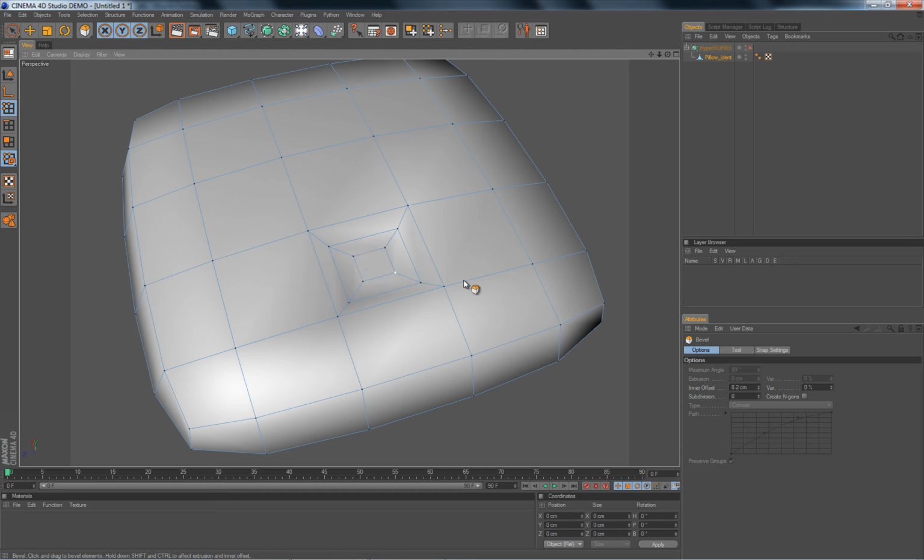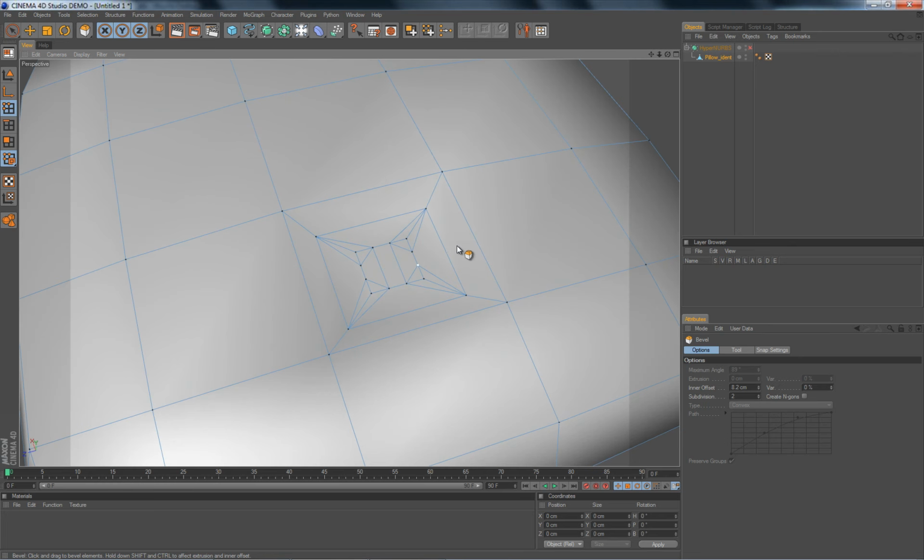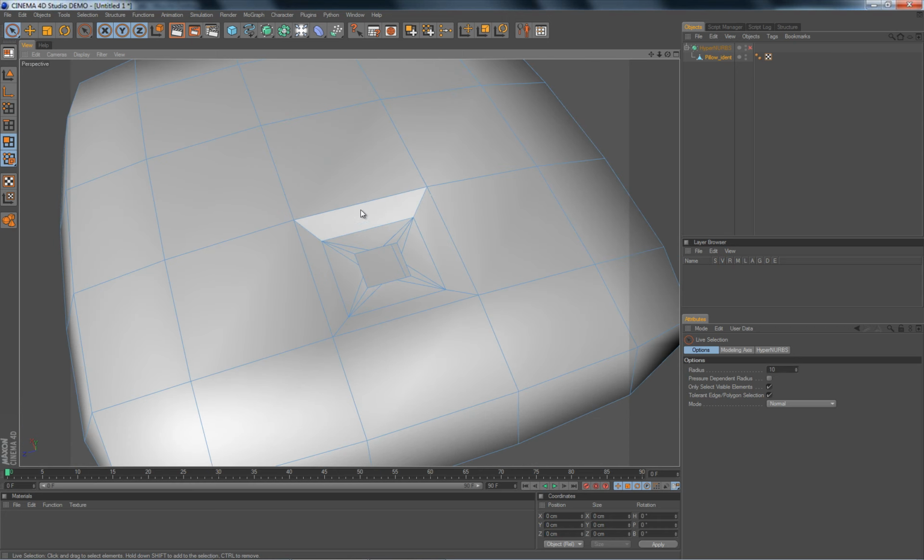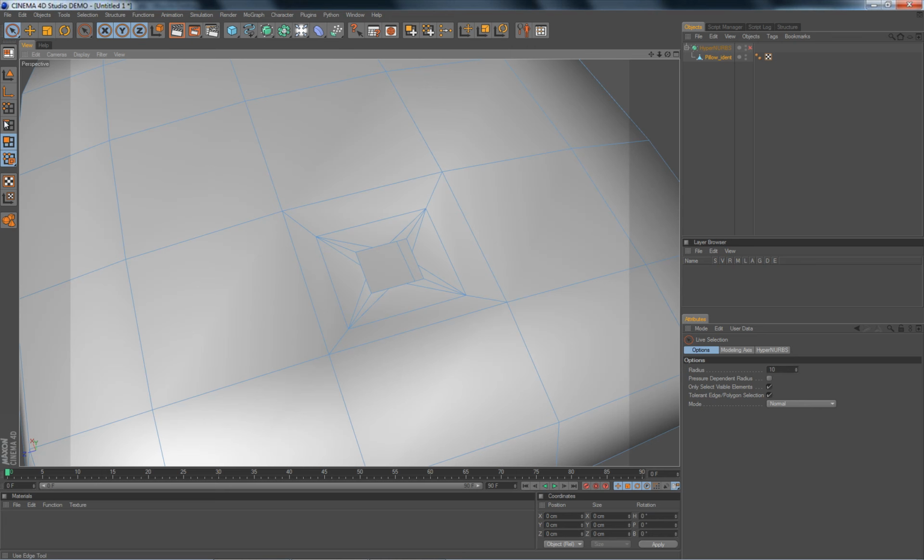So here is the same result, but we will increase these subdivisions to two, because then I have at least some sort of equal geometry to work with. What I want to do now is I really want to select these inner faces, okay, and delete them. Now I have a hole. I also want to select these four guys,